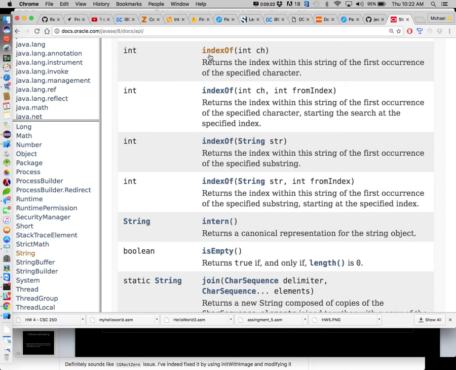So we have one version of indexOf that just takes a char, and this guy returns the index within the string that called it of the first occurrence of the specified character. So that's kind of the definition he gave, right? The position in the string where we first find that char. And that guy is the char equivalent of this guy. So here's one that takes a char, here's one that takes a string. The string one returns, in the calling string, the position where the first occurrence of that string is found. We called it sequence in our method. All right, so if we're searching for A, B, and C,